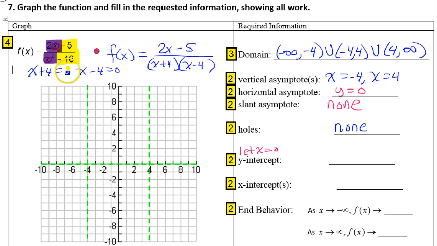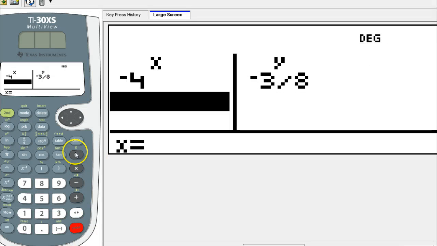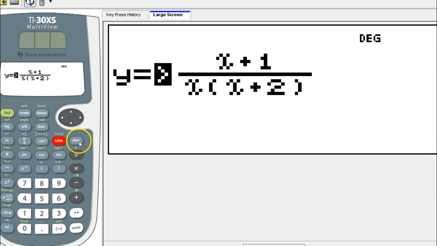A negative divided by a negative is a positive, so that's really 5/16, which doesn't reduce any more than that. So that is my y-intercept, which you can really do at a glance. So my y-intercept is (0, 5/16). Now, if you were even slightly uncomfortable with that analysis, you could check your answer by using your TI-30